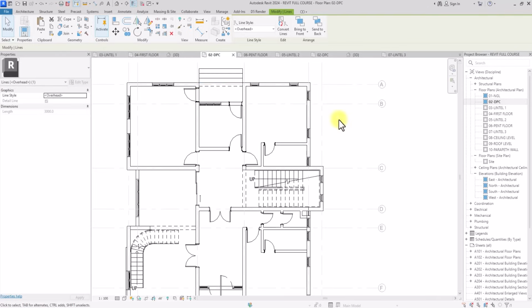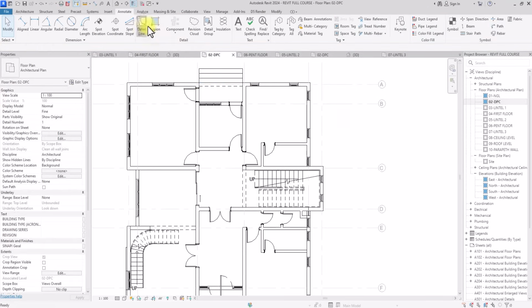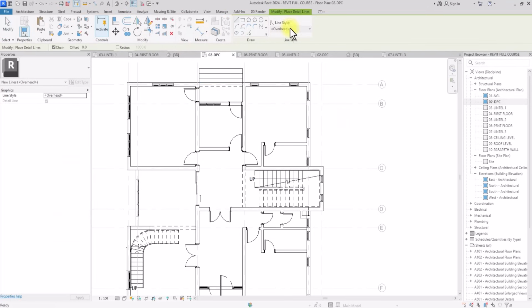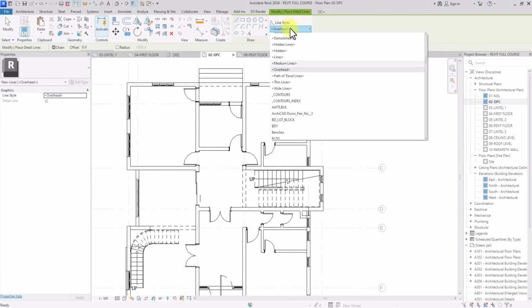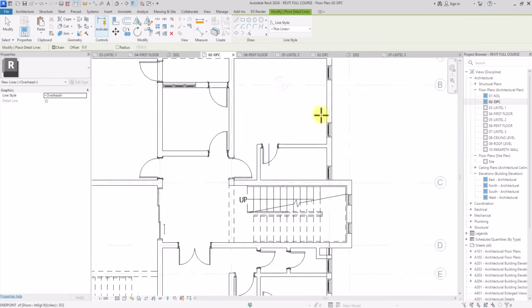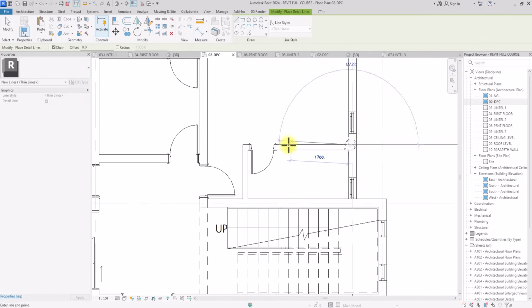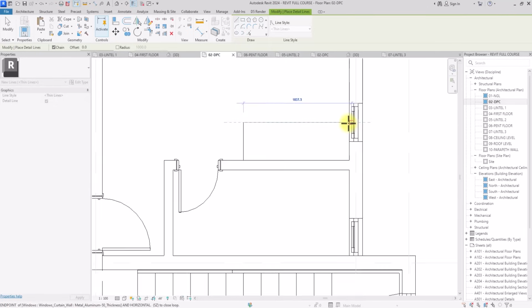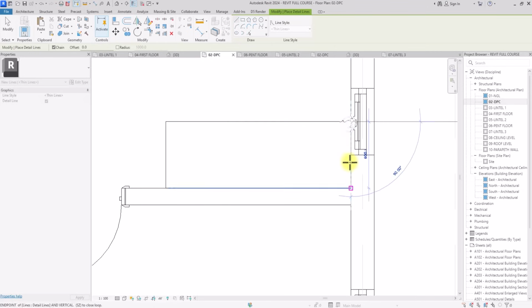So now I'm still going to do some other line works. I'm going to go to detail line. I'm going to change this from overhead to thin lines. So in these thin lines, I'm just going to indicate the wardrobe, and I'm going to make it at 1.8. Going to project it at 600 millimeters. Okay, it means I'm going to adjust this window, and I'm just going to draw a line,